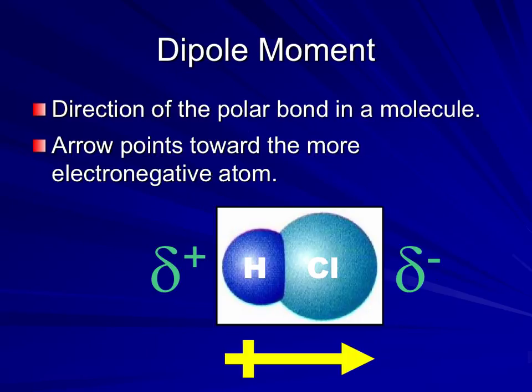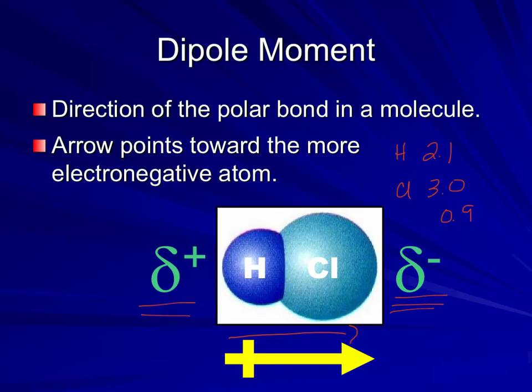So, an example of this is hydrogen and chlorine. Hydrogen has an electronegativity of 2.1, and chlorine has an electronegativity of 3.0, which is a 0.9 difference. So the dipole moment goes from the hydrogen to the chlorine. It points towards where the electrons are going to spend more of their time. That also means that where the electrons spend more of their time, you have that partial negative charge. And on the other side, the hydrogen side, because the electrons don't spend as much time there, you have